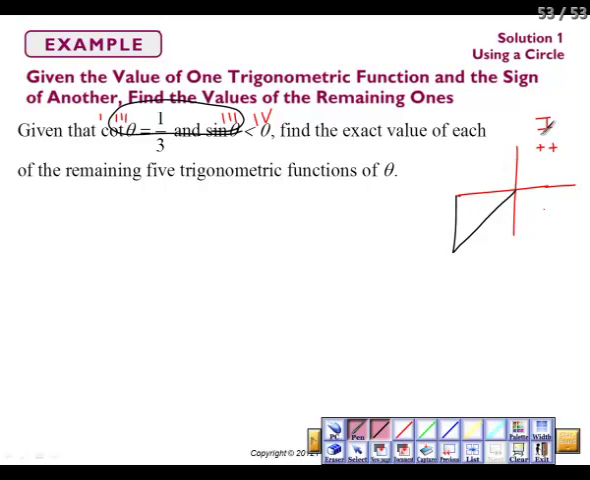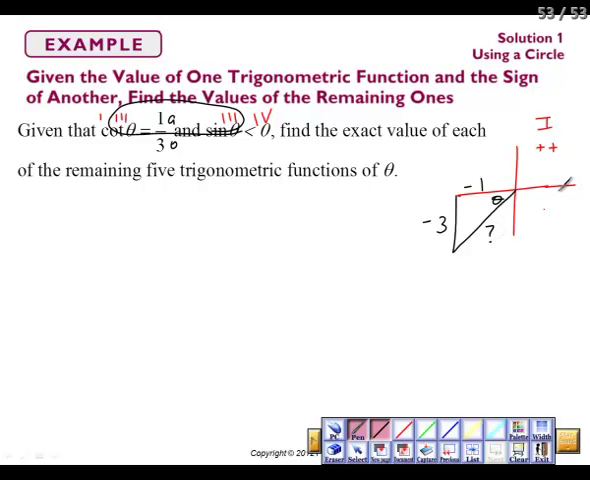Okay. So in this case, cotangent is 1 over 3. Since tangent is opposite over adjacent, cotangent is going to be adjacent over opposite. So this would be 1 and 3, but we're in the third quadrant, so that must be a -1 and a -3. And so for that,